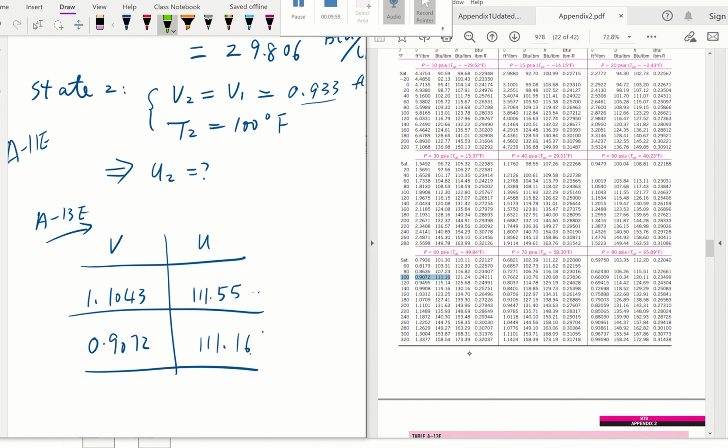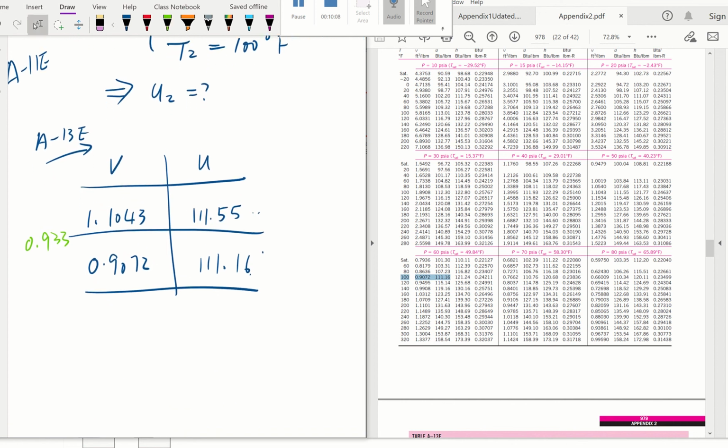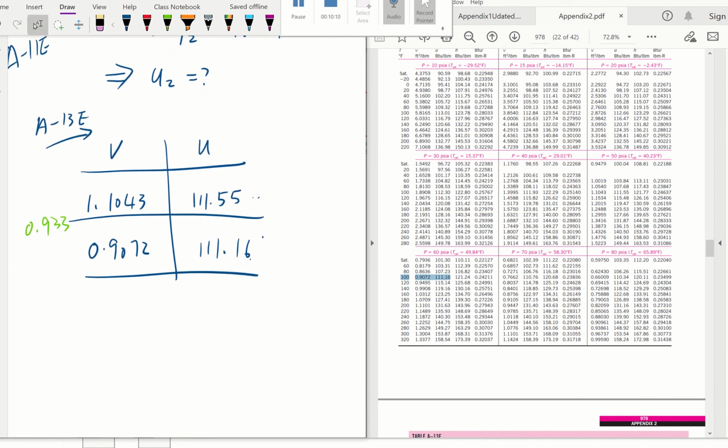But what we're trying to calculate? We're trying to calculate 0.933. So we're going to use the linear interpolation to do that. We can go ahead using delta U over delta V. So the answer for that will be 111.16 minus 111.55. This minus that. Then in order to do that, we're going to have corresponding V